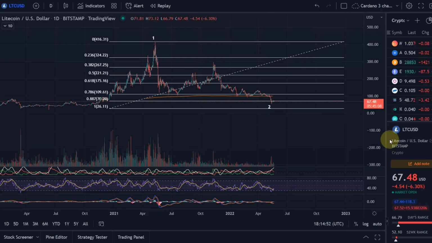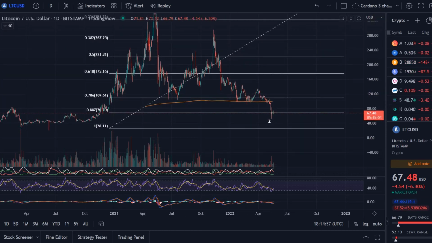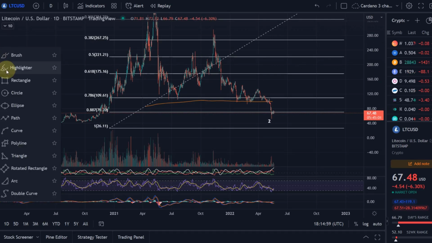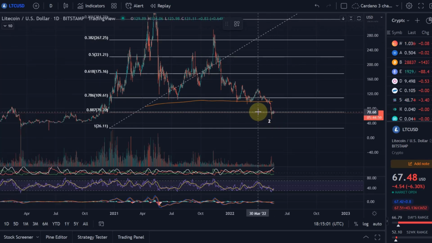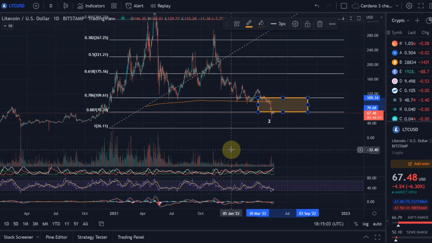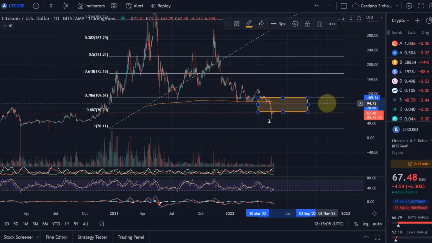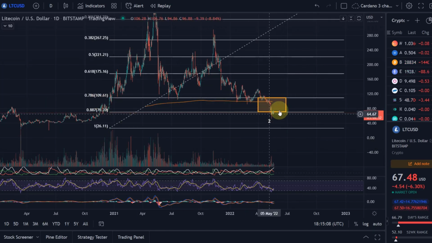And in my view here, this is a wave 1, this is another wave 2. A wave 2 typically would come into this region between the 88.7% fib level and the 78.6% fib level, between $70 and 110 US dollars. So this is where you would normally reasonably expect a price to turn around, because this is an area where you would expect the price to get into in such a correction.